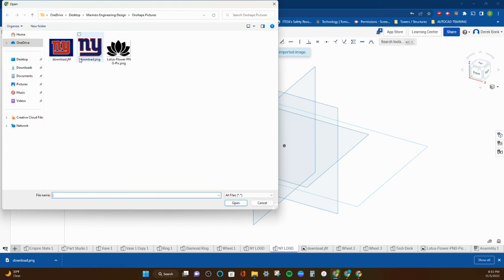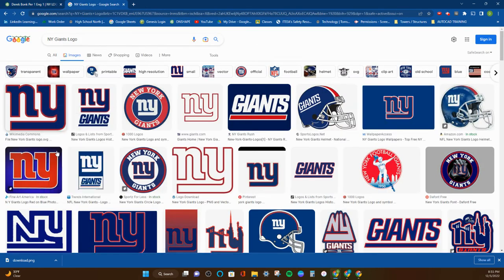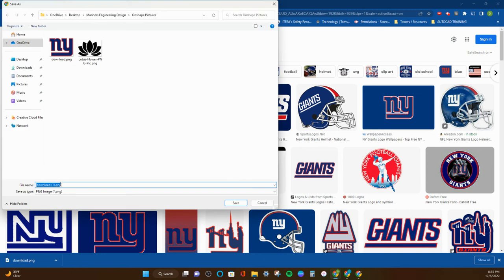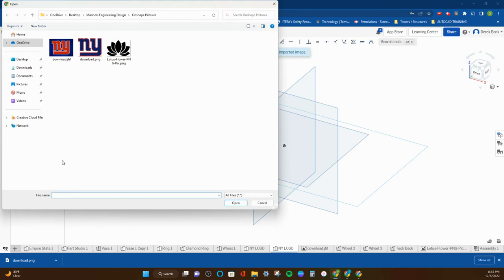This JFIF file, if I hover over this, or if I go down here, you'll see the file extension says it's a JPEG when I'm downloading it, and it comes up as this, but that works. PNG files are also okay. JPEGs too. If you see something like a WEBP, certain web files won't work. So again, JPEG and PNG files. When I'm downloading things and I right click and save image as, you want to look here and see that it's PNG or JPG. If it says something other than that, it might not work. Once you've downloaded the image, you go import it off of the computer